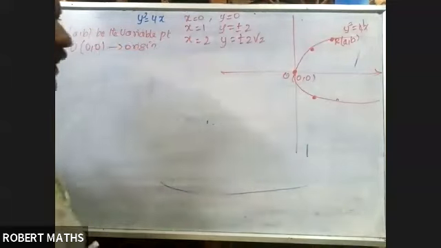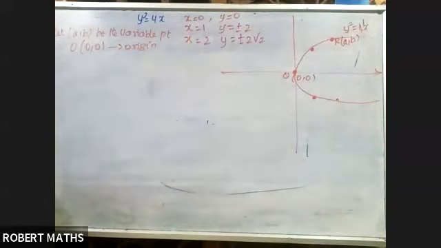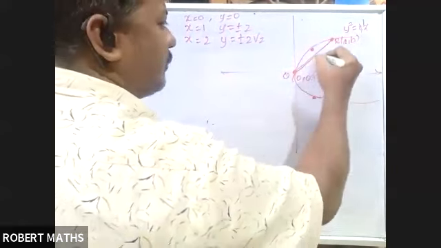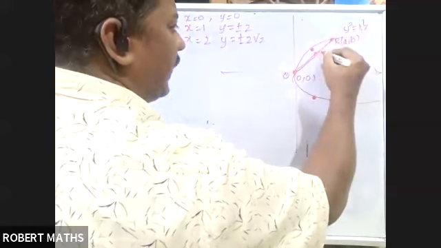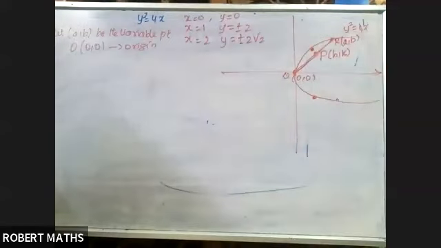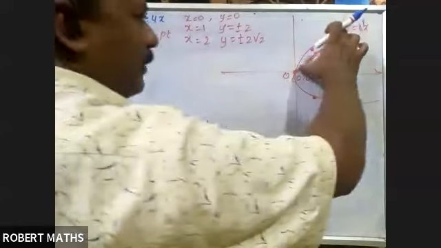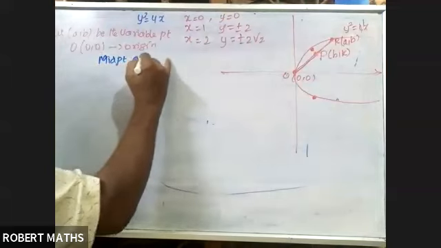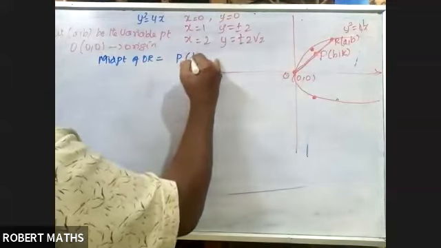Now what am I doing here? What is the question asking? Find the locus of the midpoint of the line segment OR. This line segment joins these two points, and I take its midpoint as the locus point P of h, k. That is what they ask us to find. The locus of the midpoint of OR is h, k. The midpoint of OR is nothing but P of h, k.